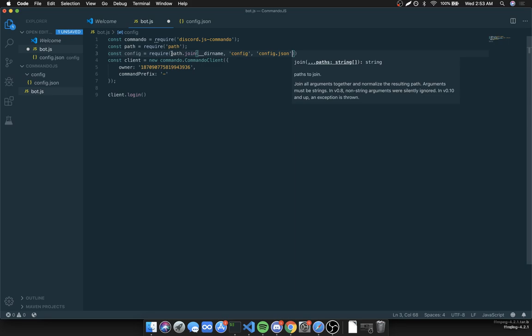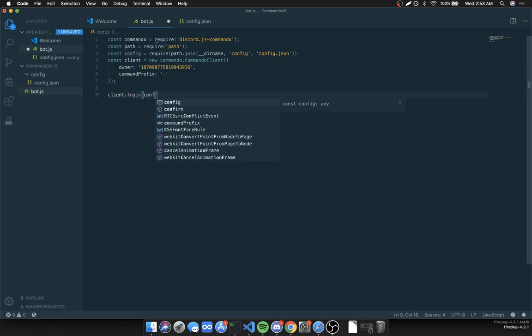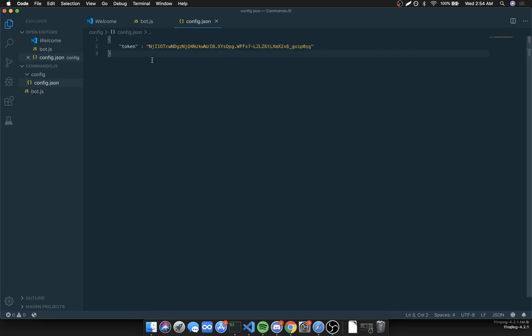So watch this. If I just do path.join, this will build the current directory, concatenate with the config, concatenate with config.json. So the actual path itself. Okay, but don't worry too much about it though. All we need to know is we just need to require in the config.json file. So once we require the JSON file, we can actually reference the keys as if it was an actual JSON object. So we can do config.token because that's the name of the key right over here, and that's how we'll